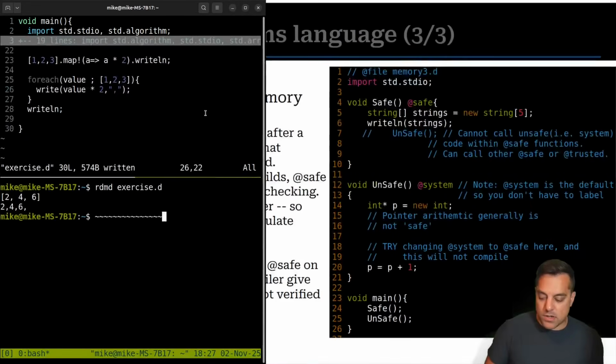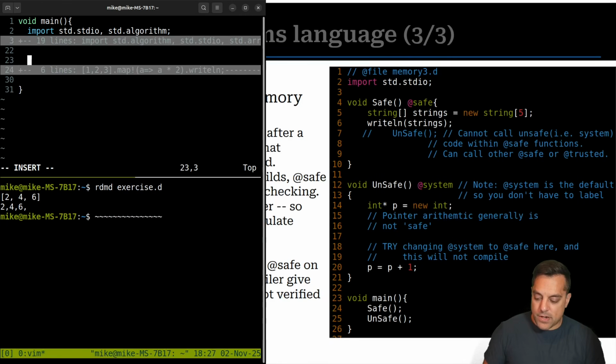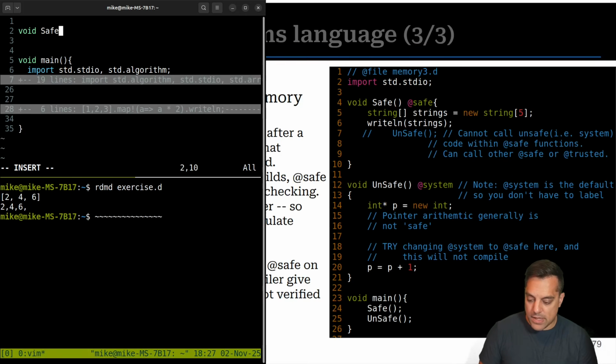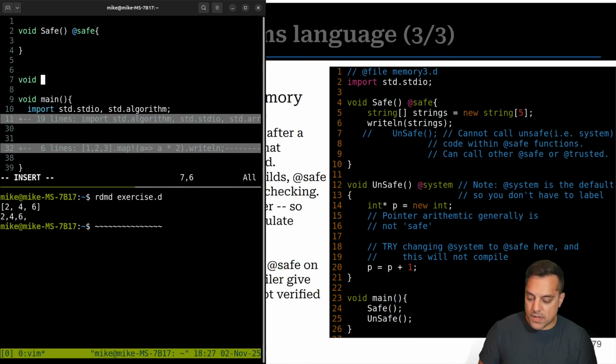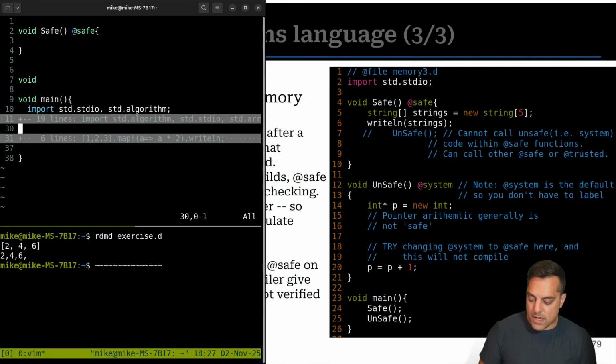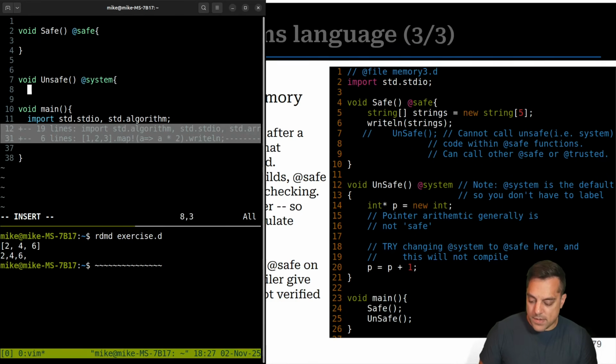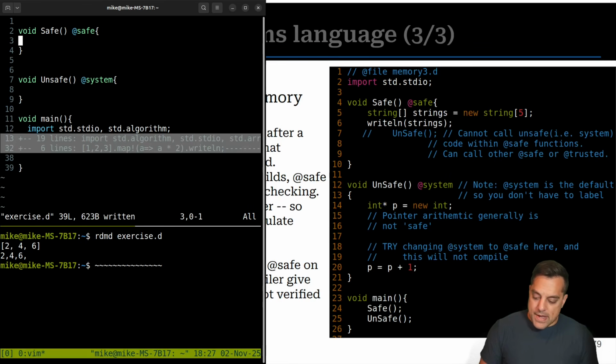And this is one of the ones, since we're talking about modern languages, I will again do a little bit of a live demo here. So let's just go ahead and code this one up. Let's call a safe function, and we'll just build this up here. Let's have our unsafe function, and let's comment out some of these lines here, and something like this, unsafe, and I can annotate it @system if I want. And let's see what the compiler does for me. Let's just go ahead and try to call unsafe here.